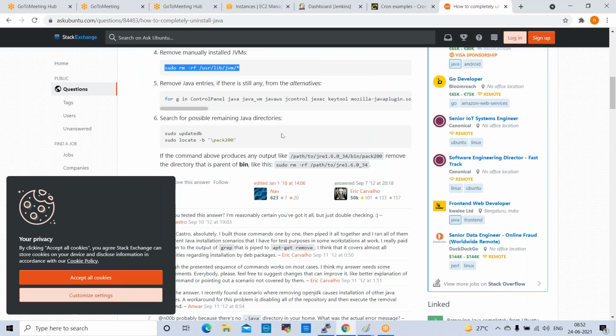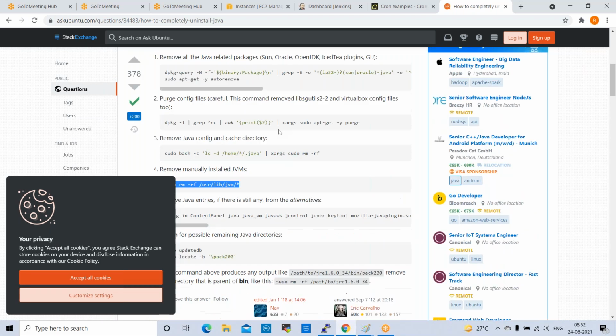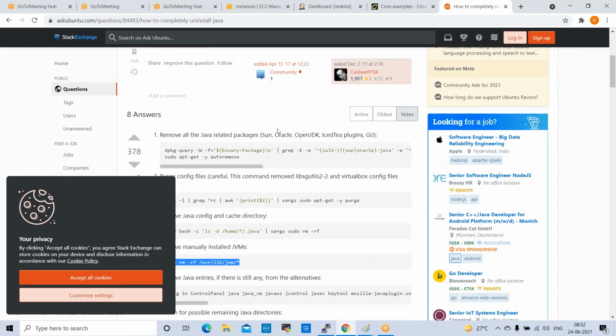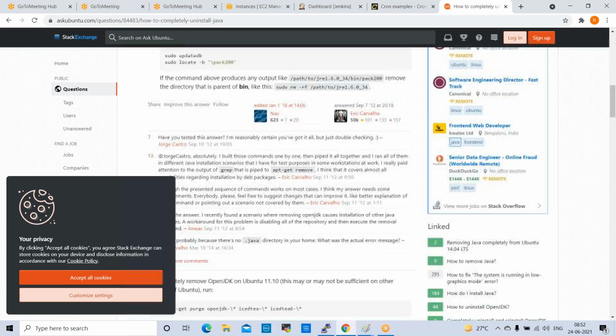You can try like this, because in real time you need to do R&D like this. In our test labs also, if you know how to search, it will be very helpful in real time. Whatever issue you face, Google is the best friend. You can search in Google and you will get all the information.